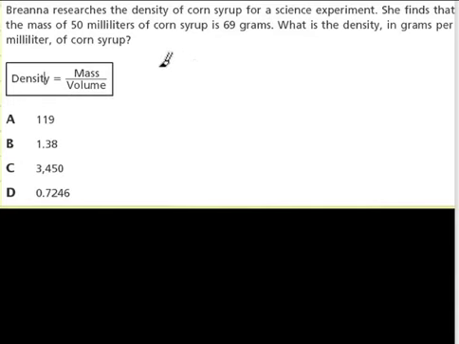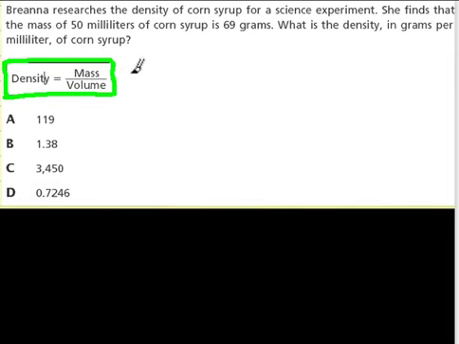Example of a density problem, and look at the formula they give us. Notice that, of course, they give us the formula, and this is a part 1 question. It's multiple choice, and usually on a part 1 they'll give us the equation to help us solve the problem. So if we get a question about something we don't understand, let's say we had never spoken about density, you